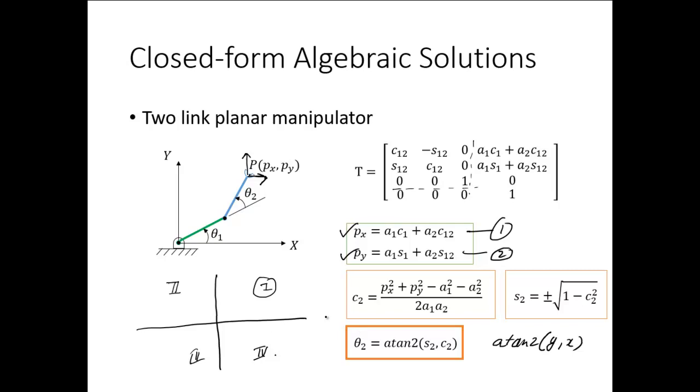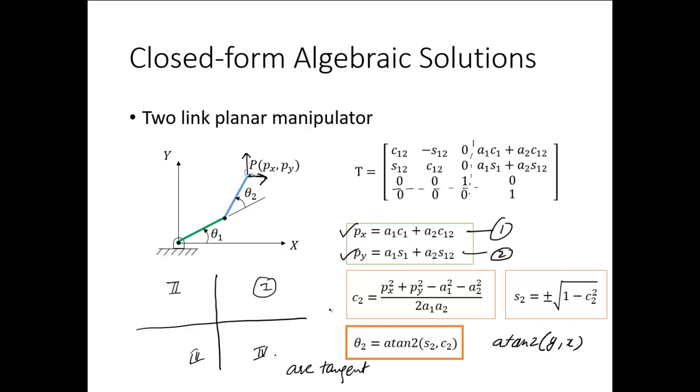So that's why we use this atan2 function. We call it the arc tangent function, or you can say the inverse tangent function. This is how we calculate theta 2, and similarly we can substitute this theta 2 back into these equations and find out theta 1. For this case, it's a very simple planar manipulator, so we can easily find a solution like this, which is actually called the closed form solution.